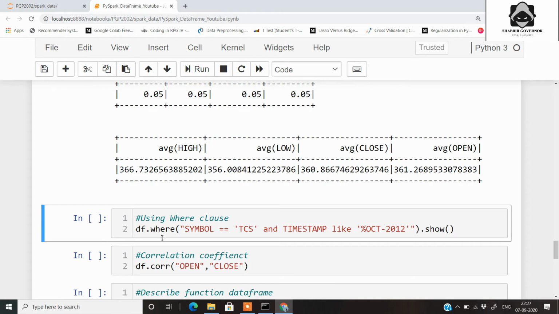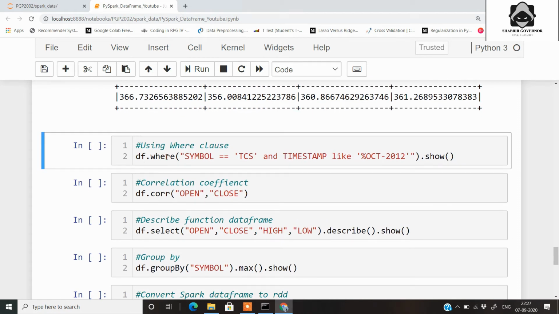We can also use the where clause in this kind of functional programming. Besides the where clause, we also have the filter function, which works in a similar manner. So this is a condition where I have selected symbol as the company TCS, and the timestamp as this month, October 2012, and we show it in a data frame.